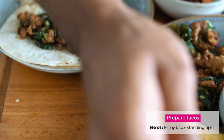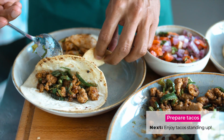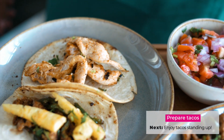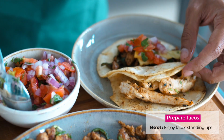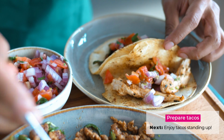I'm gonna make your little pork taco right there. I'm gonna give you some chicken. I know chicken's like your favorite. Look at that. Look at that. Come on. Look at this. Wow. And then put the Pico De Gallo. I'm gonna put the Pico De Gallo right on here. Just a little bit. It's so colorful. That means it's healthy for you. And I'm gonna grab some sour cream because I just...